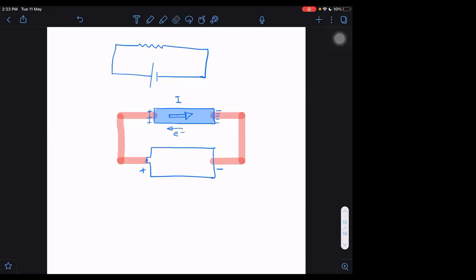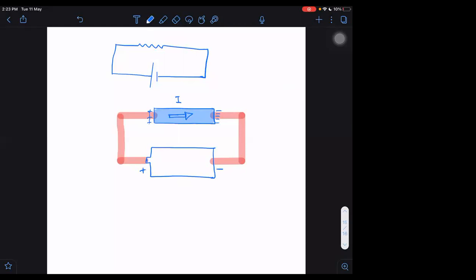Although we can explain this whole thing by assuming as if the positive charge is only moving. This is also just a convention that we have started taking electrons to be of negative charge. We could have started with the convention taking electron as positive charge. Then also everything would have been fine only. There would have been no problem.